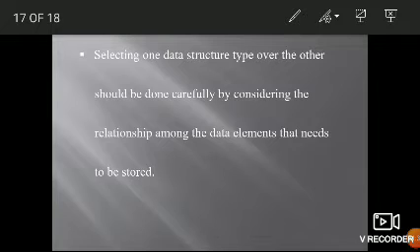Examples of non-linear data structures are trees, graphs and tables. Examples of linear data structures are arrays, stacks, queues and linked lists.